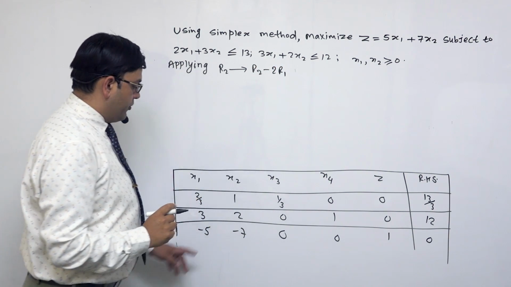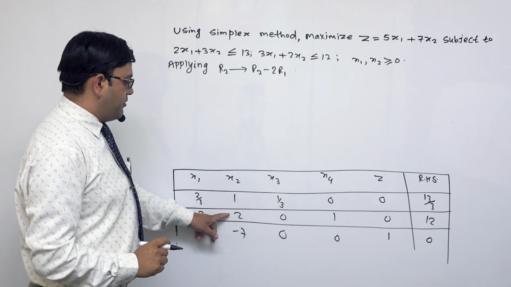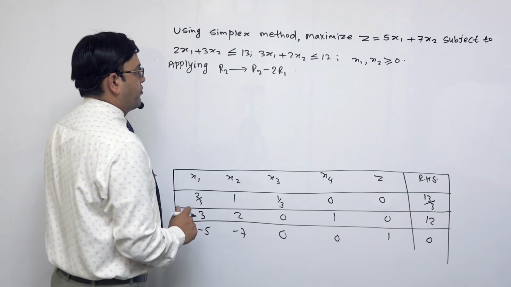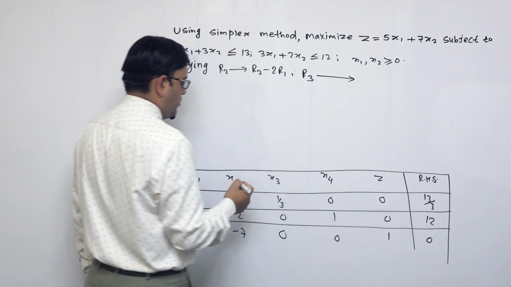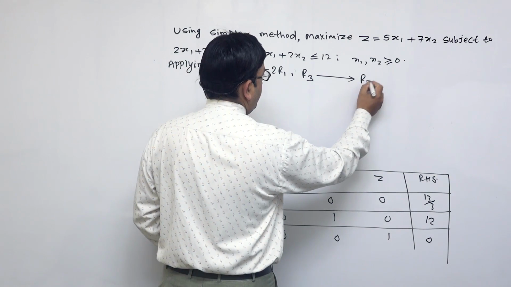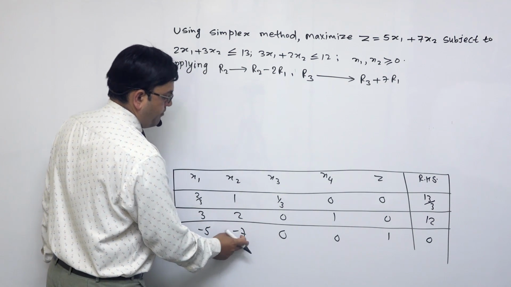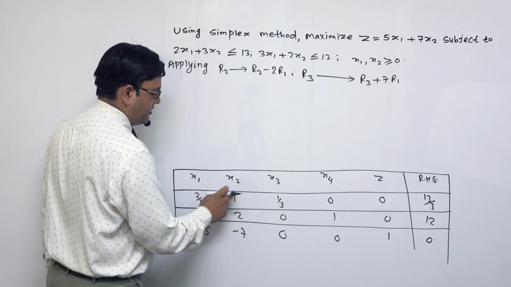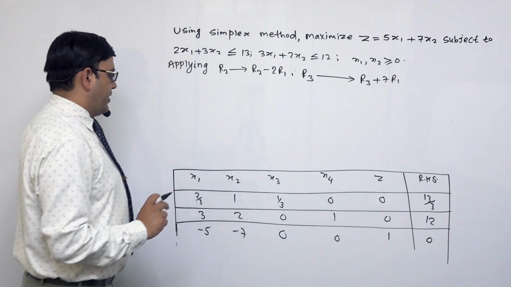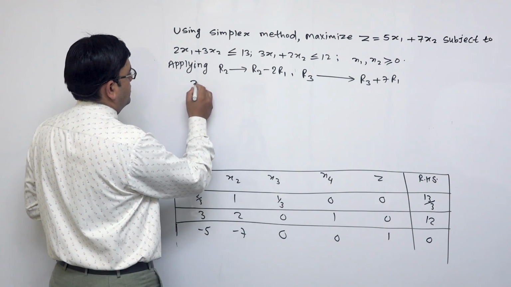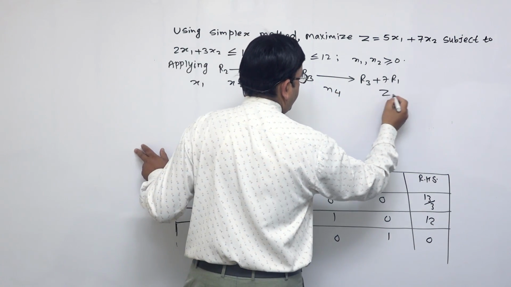Why we are doing so? हेर्नुस् है त, यो R2 भनेको 2 छ, 2 minus 2 times 1 हुँदाखेरि 0 आउँछ, यसलाई हामीले 0 बनाउनु पर्ने छ, त्यसकारणले R2 minus 2R1 युज गर्यौं। Similarly R3 changes into, this is -7, R3 plus 7 R1। हेर्नुस् है त कसरी भयो, R3 means -7 plus 7 times 1 is 7, -7 plus 7 will be 0। यसलाई 0 र यसलाई 0 बनाउनको लागि हामीले R2 र R3 लाई चेन्ज गर्दै छौं। अब हेरौं है, again we have to write x1 same x1 x2 x3 x4 z and RHS।